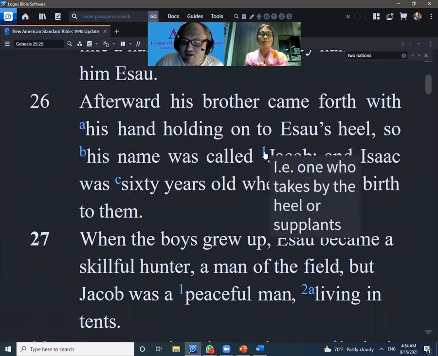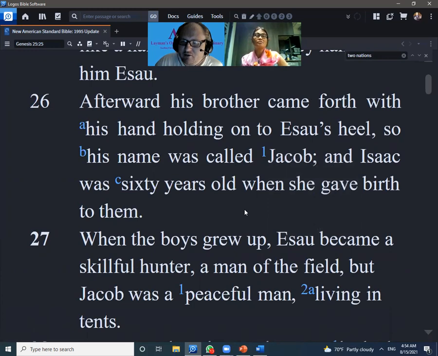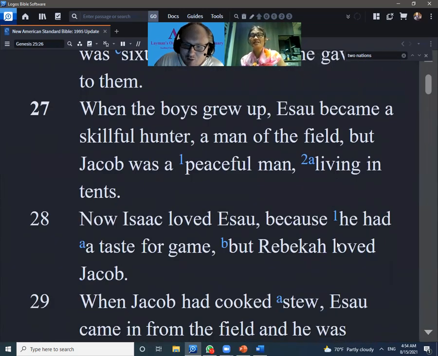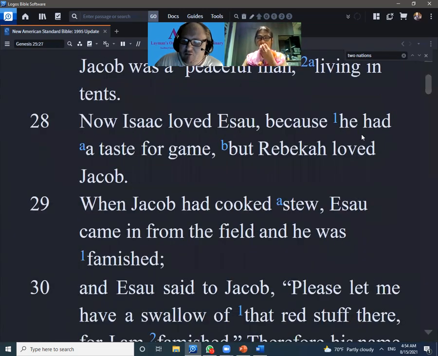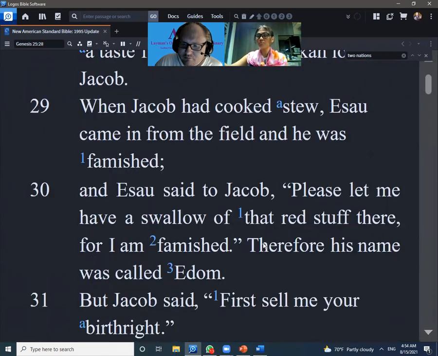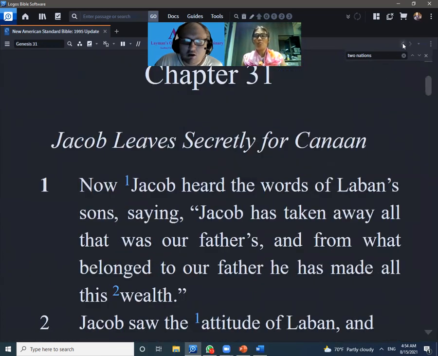So this is heel catcher or supplanter. In other words, it's like the idea of the manipulator, the fighter, the contender, those types of ideas. Yeah, it's not good naming Jacob because you become the deceit. This is because of prophecy. Now, remember, Jacob steals Esau's birthright. Remember that? So, going back,